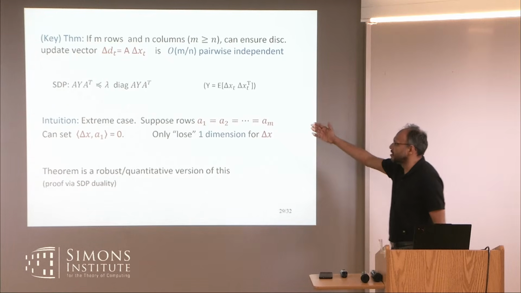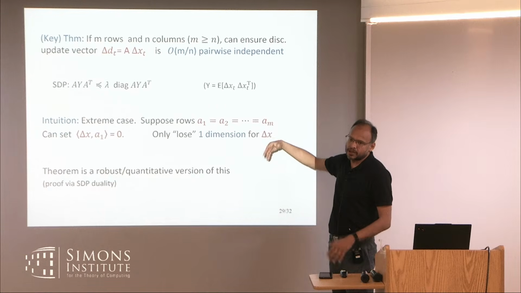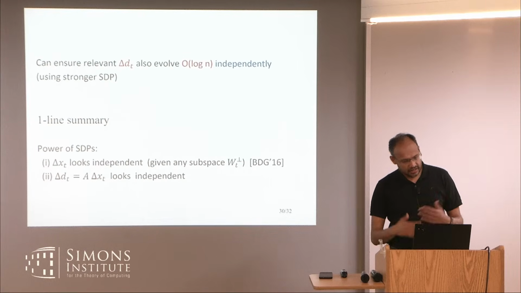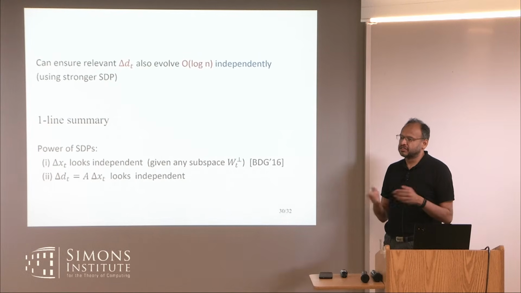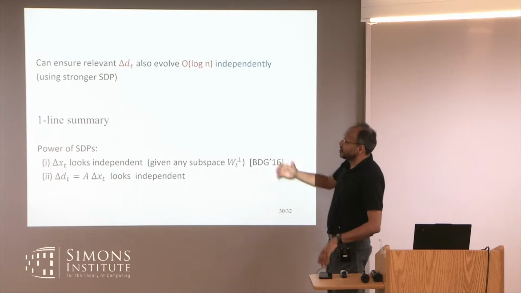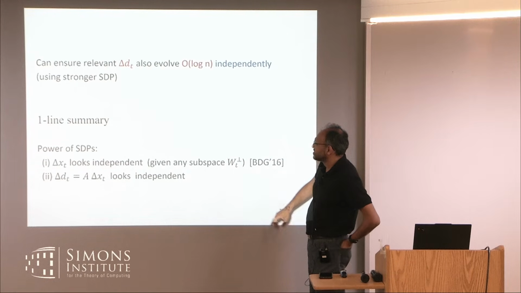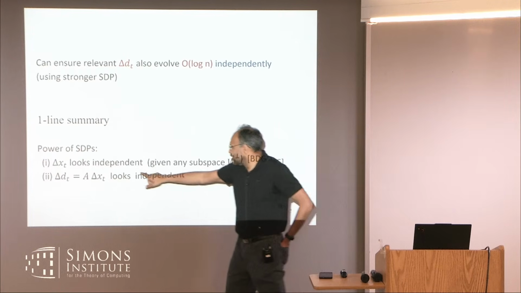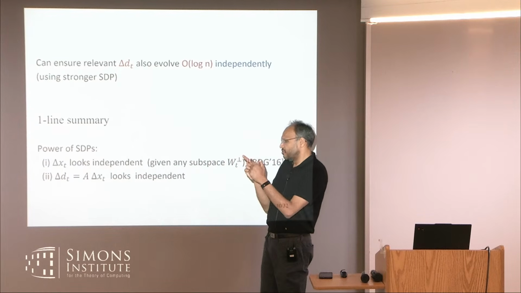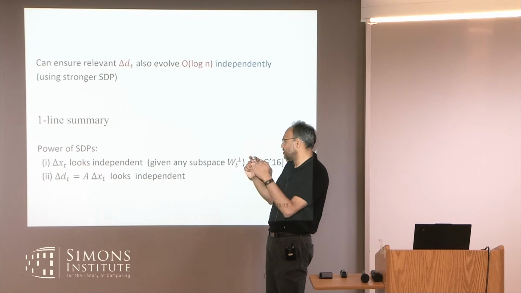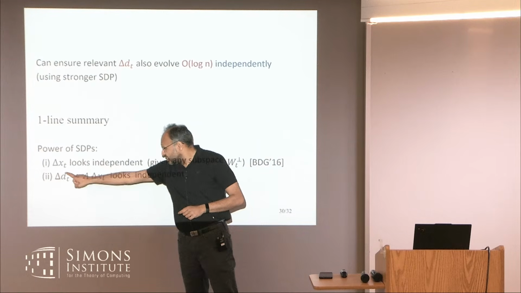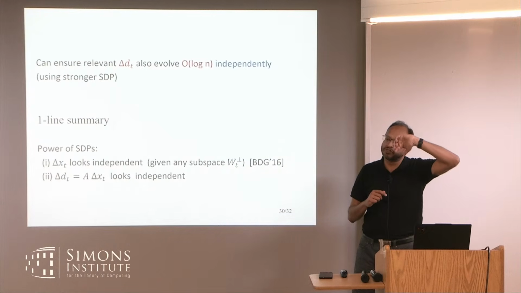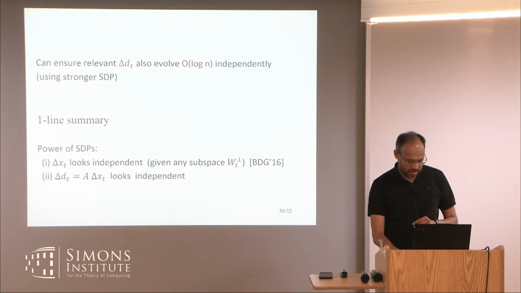So you can actually write an SDP to make this idea precise without losing too much. And so you can gain approximate independence, and then this independence argument can be made to go through. Again, if you want a one-line summary, it's really the power of SDPs to design crazy walks. So this was BDG, for any direction it looks independent, behaves like a random thing. But now simultaneously the entire discrepancy vector looks like each of its coordinates is evolving independently. And that buys this extra thing.